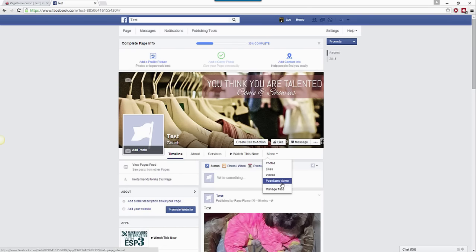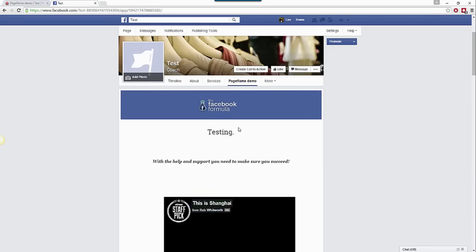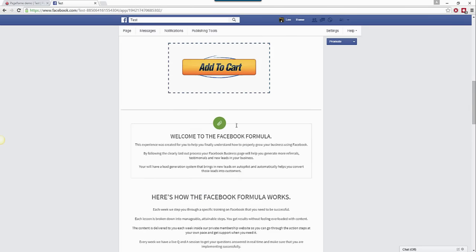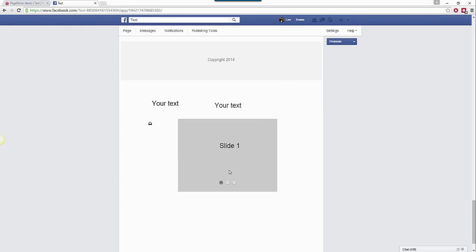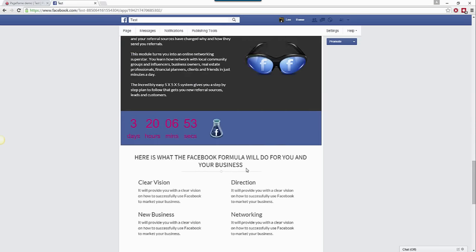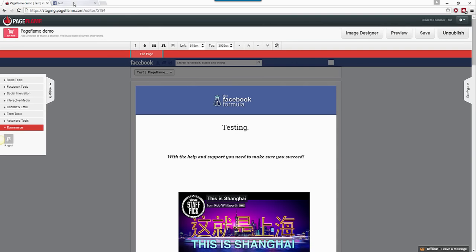Okay, I'm just going to go to Page Flame Demo. As you can see, there you have it, with all the elements that you wanted on there. And as you can see at the bottom, I've got the different text there, different sliders. So everything is there now that is on my Facebook page that I've done. Now, that's all well and good